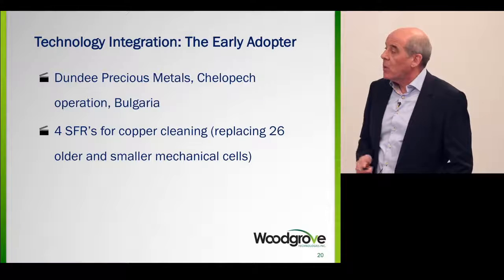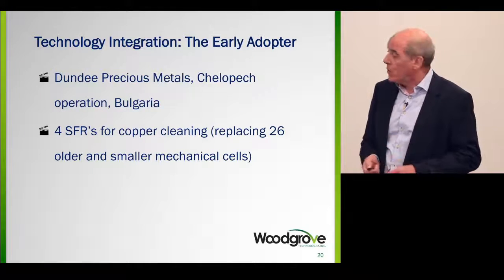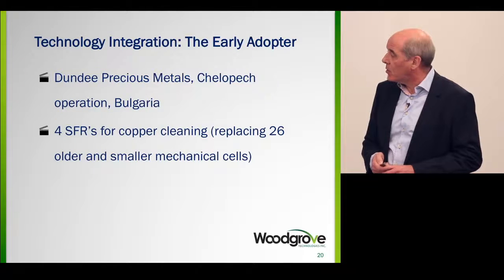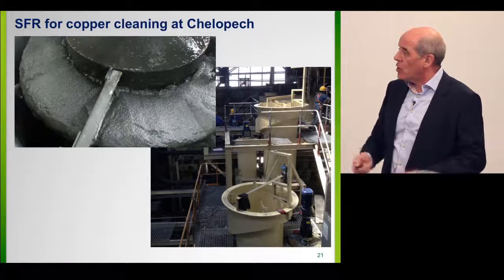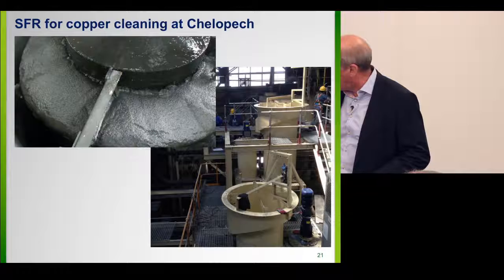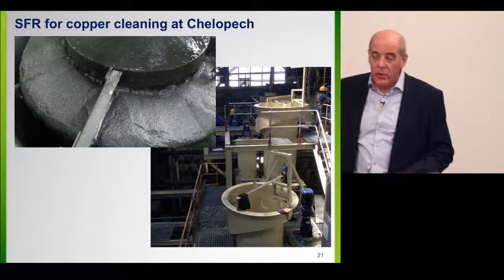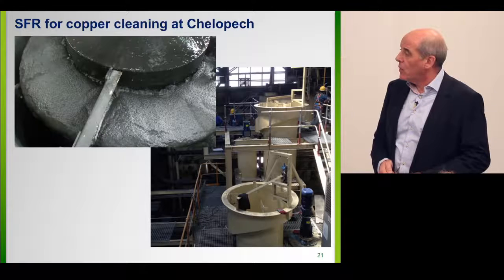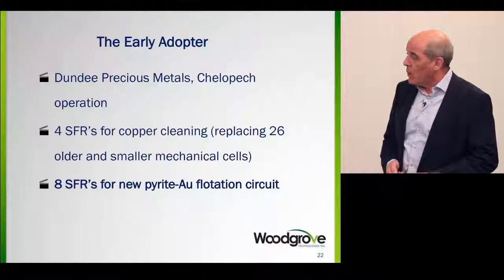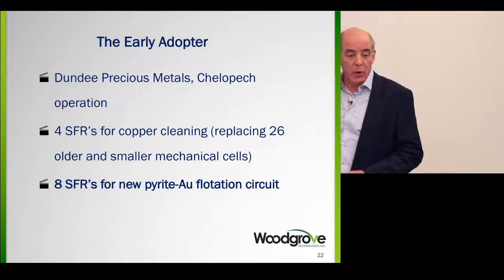We started with 4 SFRs for copper cleaning. We had 1, and then we installed 3 more. That replaced 26 older and smaller mechanical cells. Installation occurring of the SFRs. You can see the agitator here. So that's a small tank separate from the vessel that the froth is removed on, and a view of the froth at the top. We then went on and had the opportunity to install 8 SFRs for a new pyrite